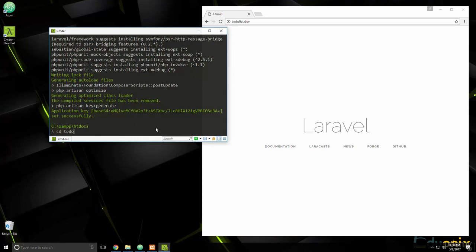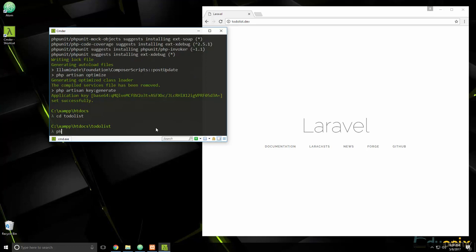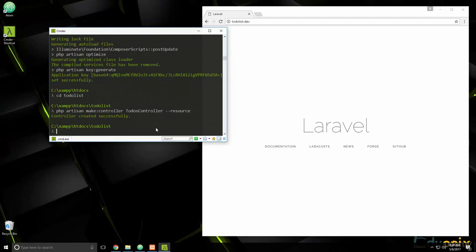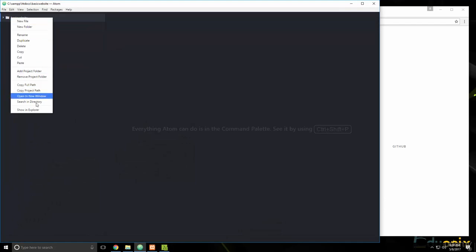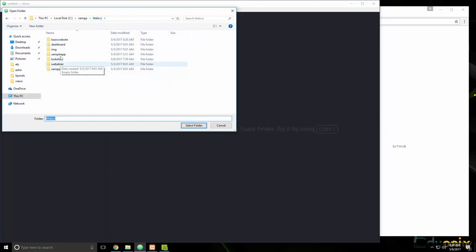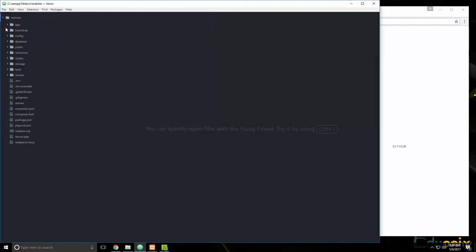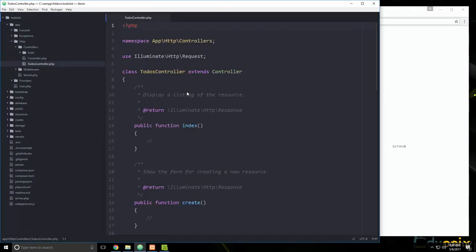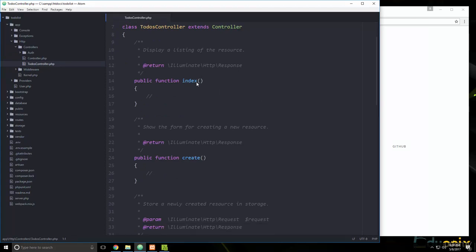So we're going to say cd to-do list, and from here let's do php artisan make:controller TodosController --resource. Alright, and I'm just going to open up Atom, and let's see, we're going to get rid of this, and we're going to add the new folder. Okay, and now if we go in app, Http, Controllers, you'll see there's a TodosController, and what that resource flag did is it created all these